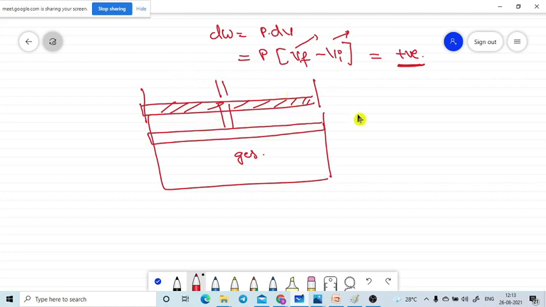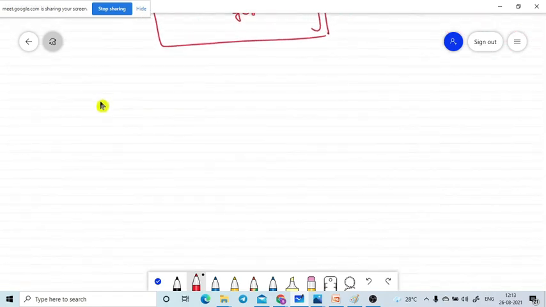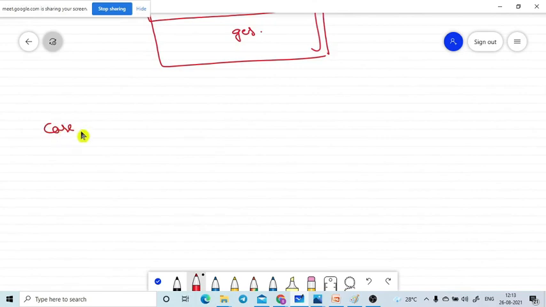So if the gas is expanded, it means the work done dW must be positive. Now you can easily guess the third case we are going to discuss. Case 3: the volume is decreased. If the volume of the system is decreased,